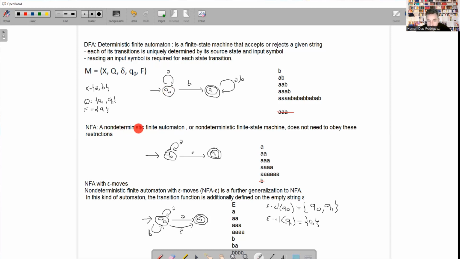In the non-deterministic finite automaton, we can have any number of transitions from a state with any symbol or any character of the alphabet. So we can have, like here, 2 transitions defined with A to different states and non-defined with B. And then with epsilon moves, we can move from one state to another,